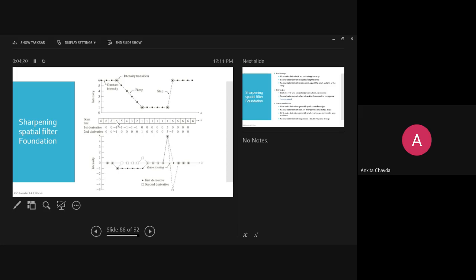Now if you check for this f of x, this is 5 plus 6, that is 11. 11 minus 12 means minus 1. Okay. Now if this is your 5, that is your f of x, so 4 plus 6 means 10. 10 minus 10, because 5 into 2, so it is 0, right? So this is the way you calculate this. Okay. I hope you are getting how we are getting this second derivative. Right?